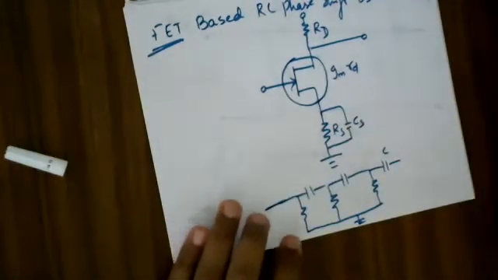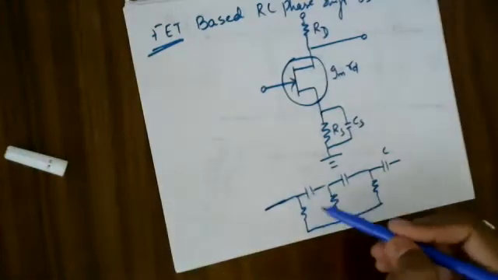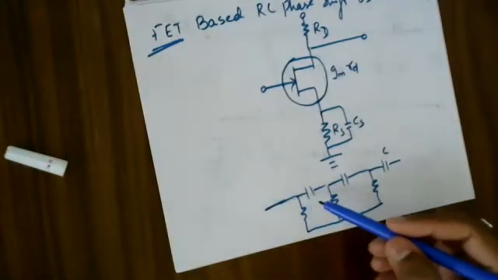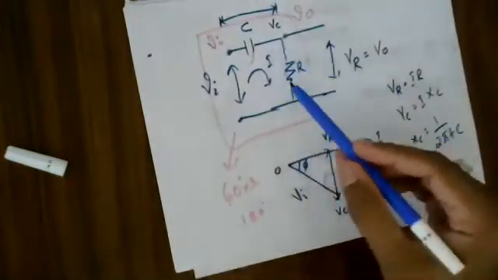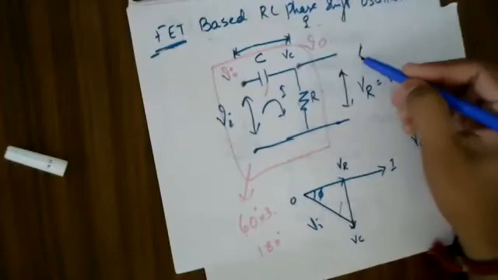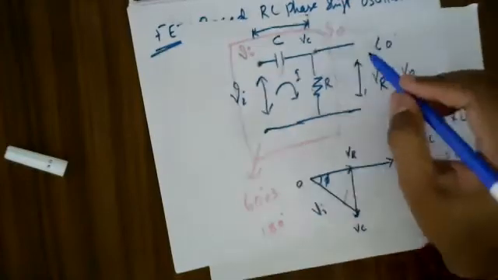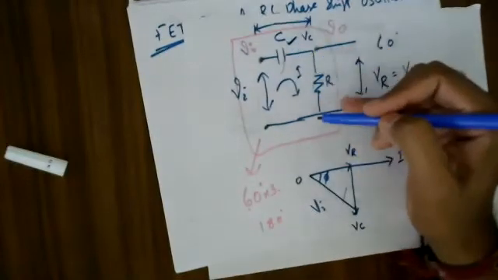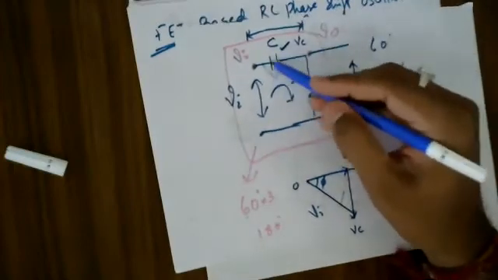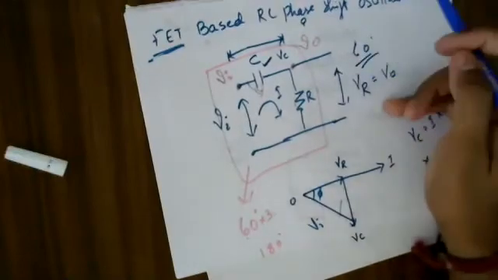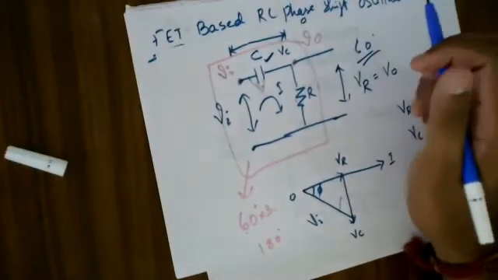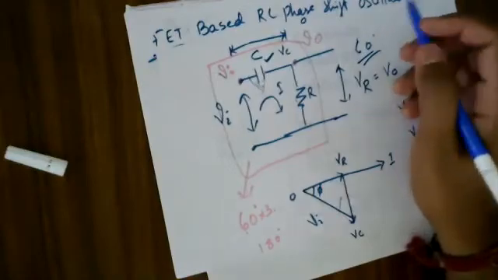Many students get confused, sir, whether first I'll be having a resistor or a capacitor. I'll make you clear with respect to that topic. If you see this circuit, if you are getting a phase shift of some 60°, it is because of this component C. Since it is standing in series with respect to your input voltage and output voltage, it is able to add a phase shift of 60°.